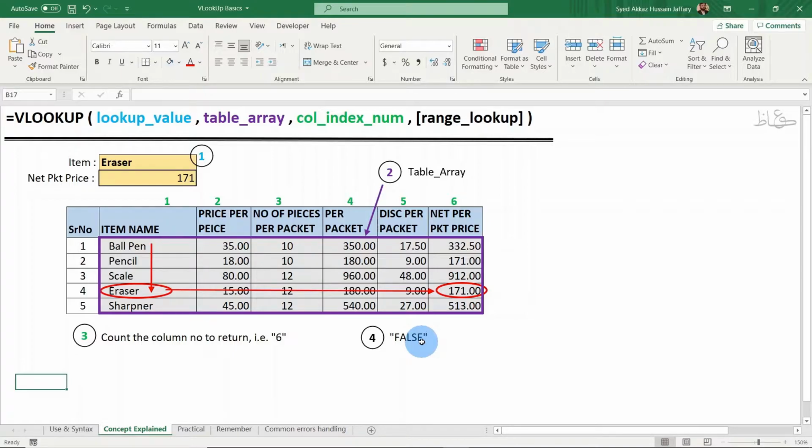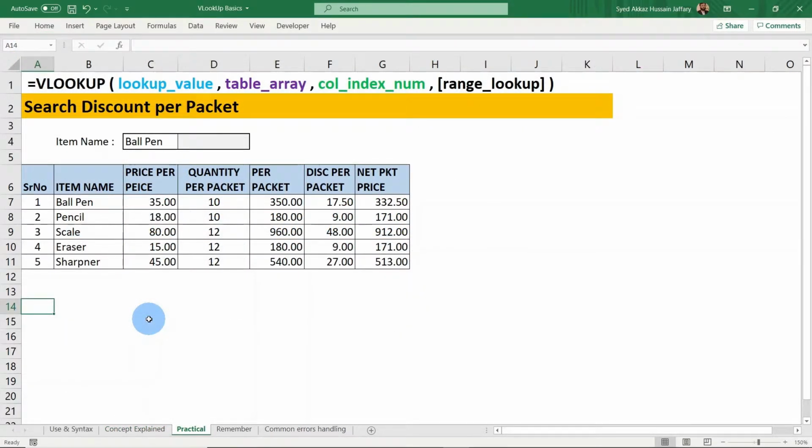I am sure this part will give clarity on how VLOOKUP works. If the data has 4 to 5 or 10 rows, you can easily find the required value. For example, we need the discount value of ball pen. This is easily found. But imagine if we have hundreds of records and many columns here. In this situation, VLOOKUP helps us. Let's start the practical of it.